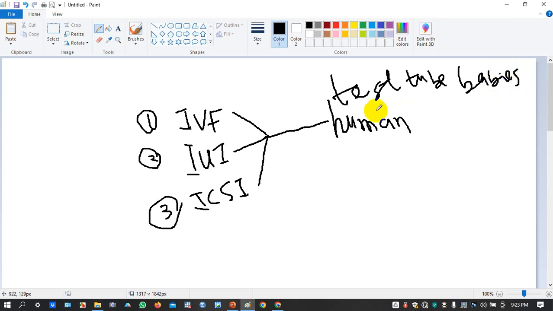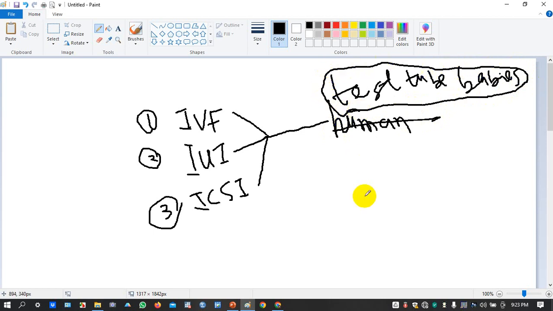It's not all of them that went through the uterine phase. Most of them were produced in a test tube before you put them in a competent uterus for the uterus to support